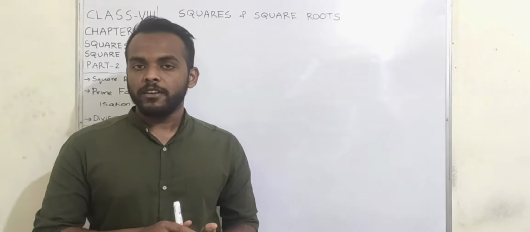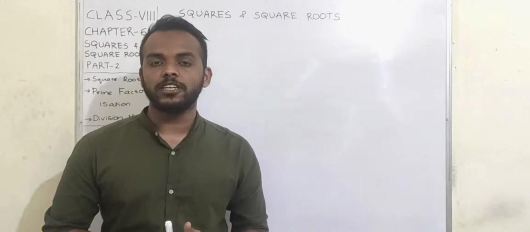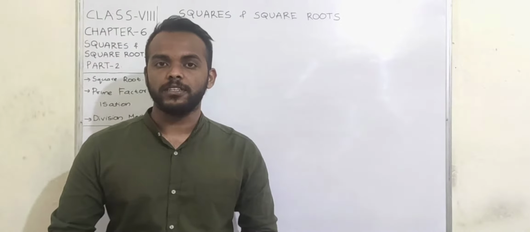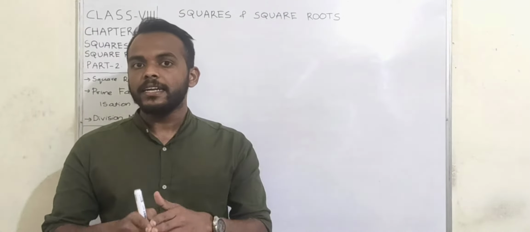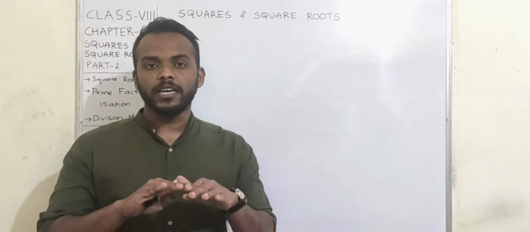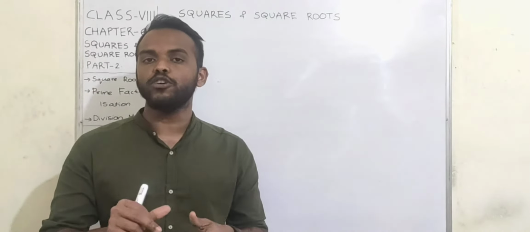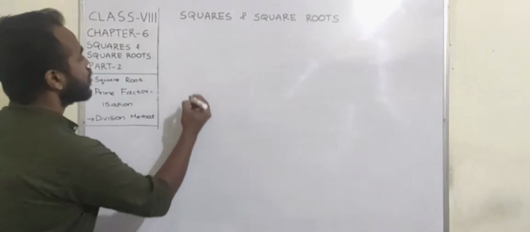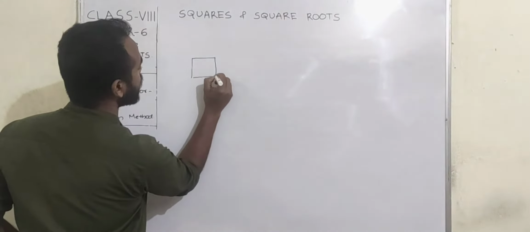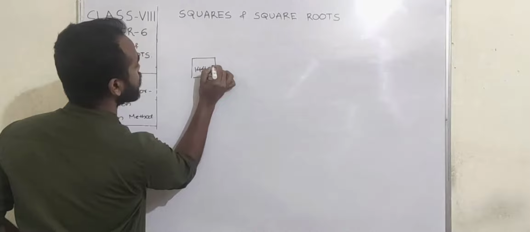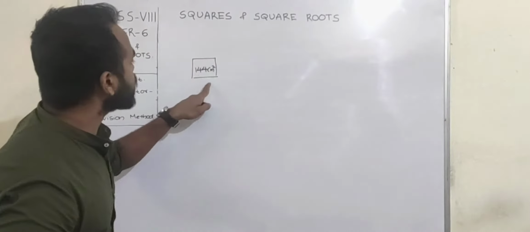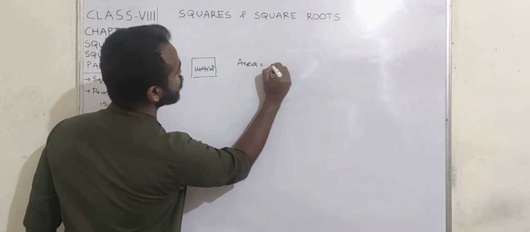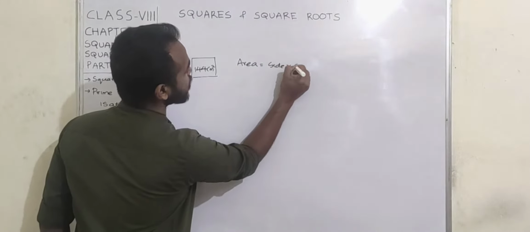In the last session we started our discussion with an example of a square. Do you remember how to find the area of a square? How did we find it? We just multiply the length of one side by itself. Now I am going to redo the very same process from the end to the start. That is, if we are given a square whose area is 144 centimeter square, we know all the sides of the square will be equal, and we already have an equation: area is equal to side times side.